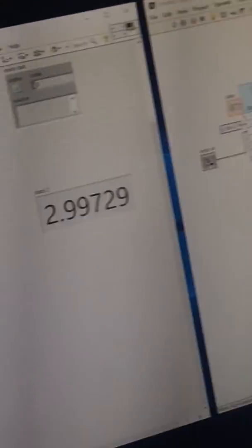Okay. So we know how to do analog output, how to do analog input. I just have to figure out that digital. Yeah. You have to create a